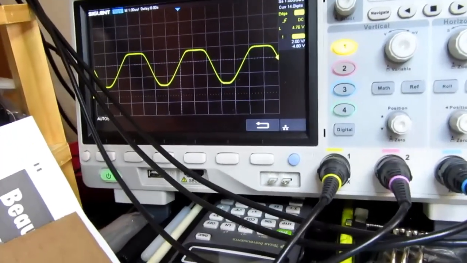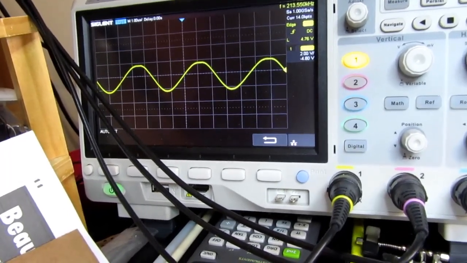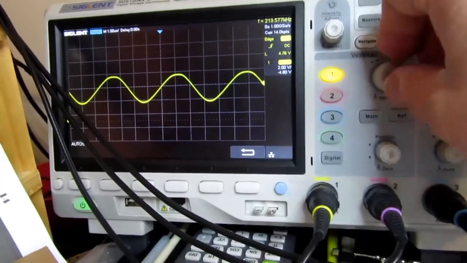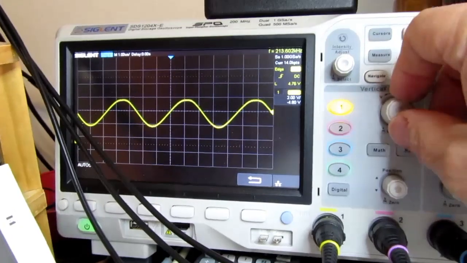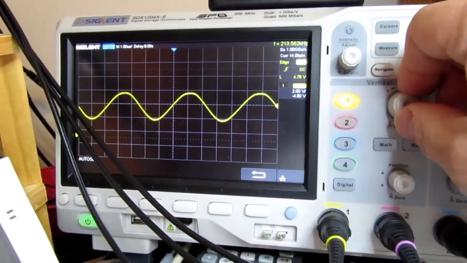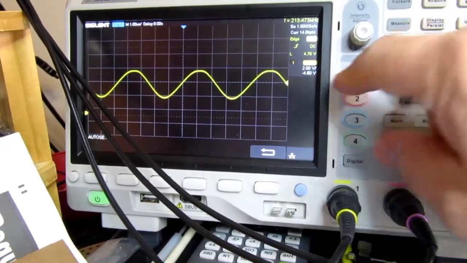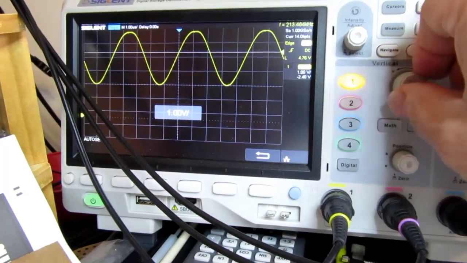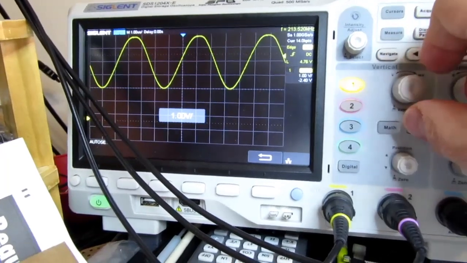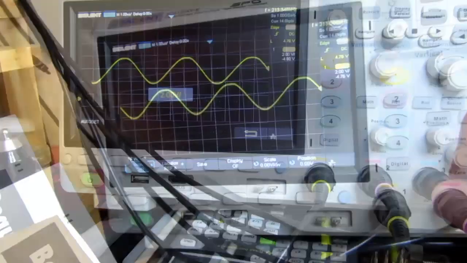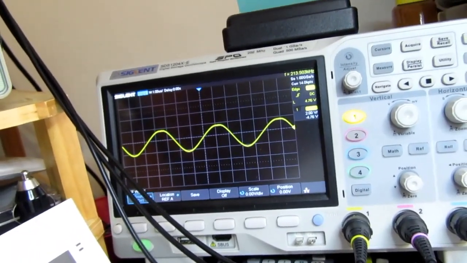Oh, jeez. Okay, it's maxing out. So once again, I gotta figure out what my vertical is set to. I so rarely use this scope, I forget how to use it. I don't see where it's telling me on the screen what my vertical is. Oh, that's 2 volts there, so I guess, yeah, that's where it says. There's quite a lot of offset there. The output seems to be riding on a DC level,